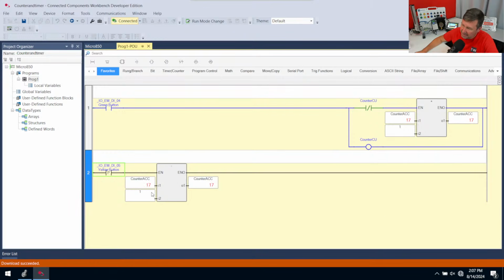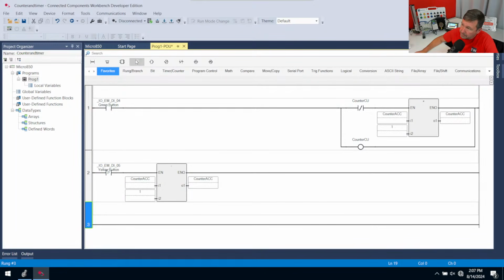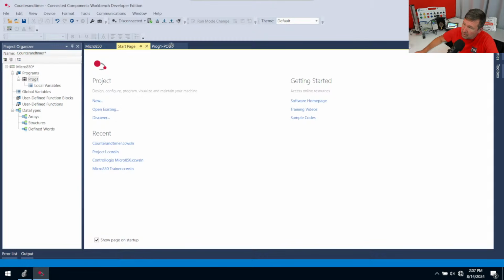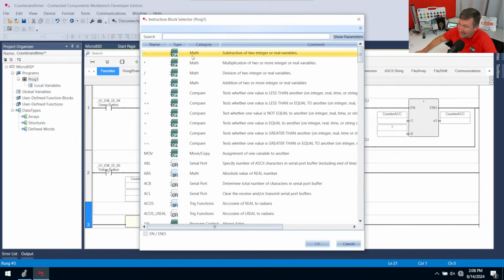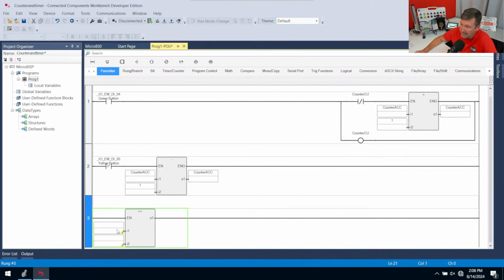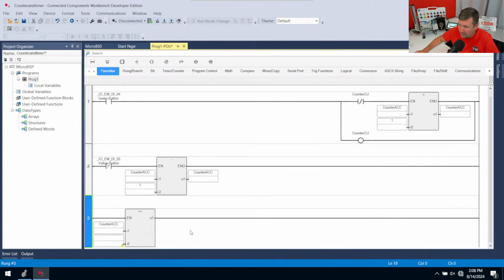So next we need a done bit, because in our other one we had a done bit. So let's go ahead and go back offline, and bring a new rung down, and bring down an instruction block. The done bit is if the accumulated value is greater than or equal to the preset. Well, here is your greater than or equal to compare instruction. And so we want to compare whether count.acc is greater than or equal to a counter preset. Counter